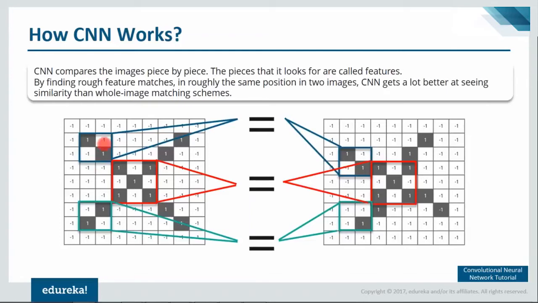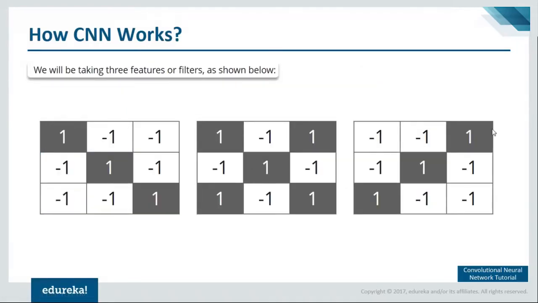What I mean by that is, we have these filters that you can see. So consider this first filter. This is exactly equal to the feature or the part of the image in the deformed image as well. So this is our proper image and this is our deformed image, alright? So this particular feature or this particular part of the image is actually equal to this particular part of the image. Same goes for this particular feature or filter as well. And similarly, we have this filter as well, which is actually equal to this particular part of the deformed image, alright? So let's move forward and we'll see what all features that we'll be taking in our example.